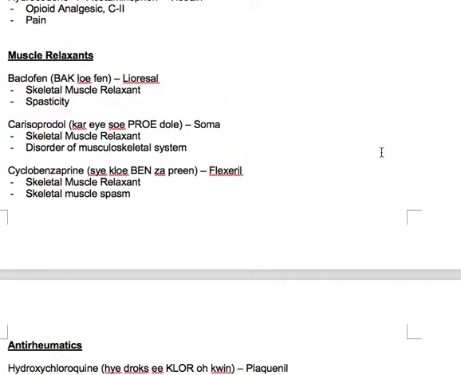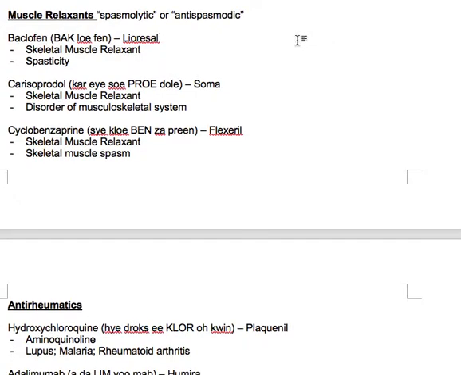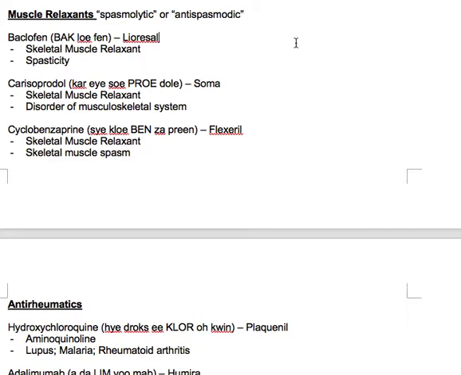All right, moving on. The next category I have is muscle relaxants. You may hear sometimes terms such as spasmolytics or antispasmodics. They are all the same. Sorry for misspelling. Okay. So the first one is baclofen, or brand name is